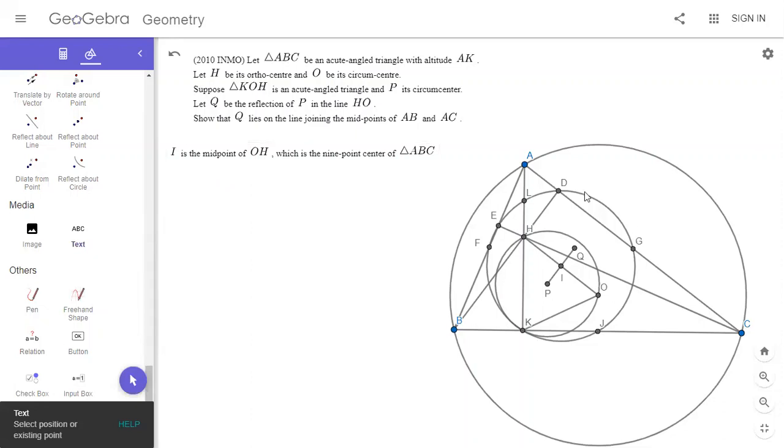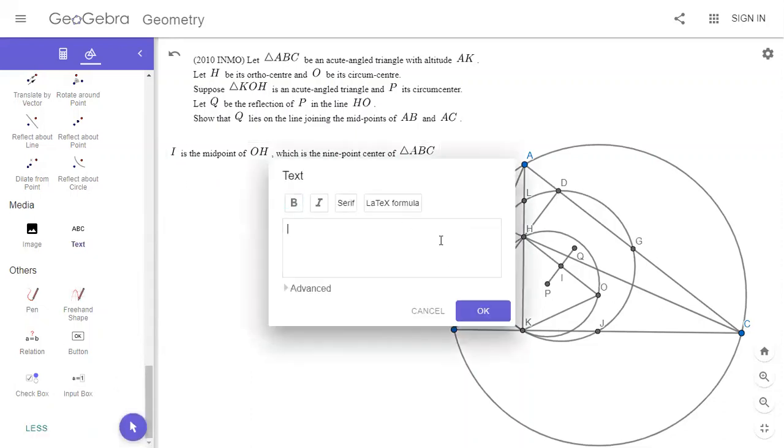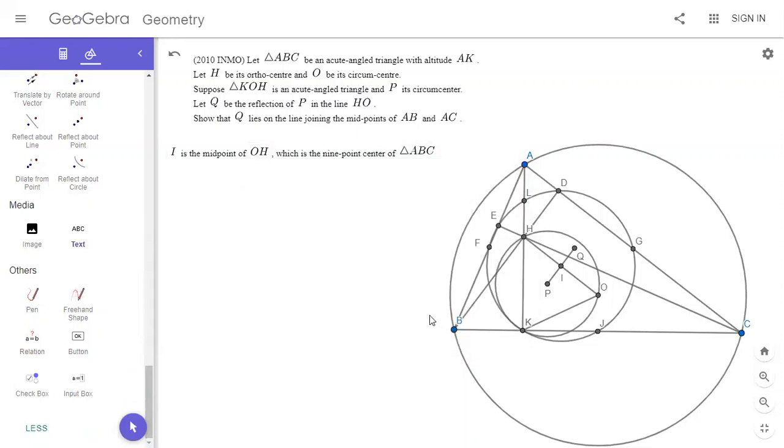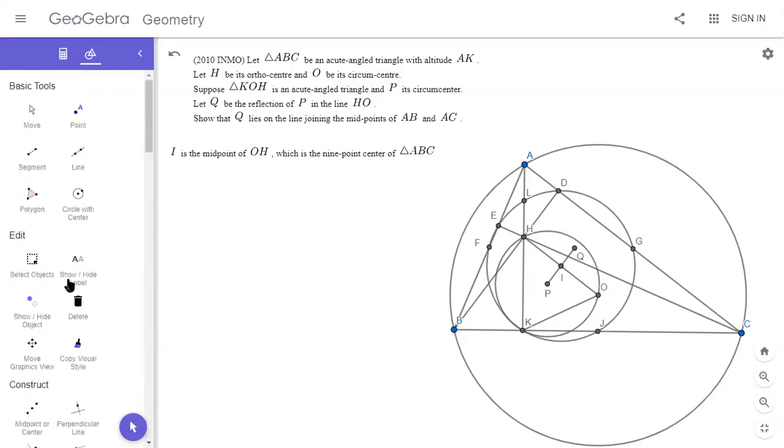So the 9-point circle passes through all these different points. Isn't the perpendicular from I to BC half of AK? If we could show that, the perpendicular from I to BC, it's half of LK, right? Because, so I'm going to write this out, but the perpendicular from I to BC is half of LK. And the perpendicular from P to BC is half of HK. Yeah. Okay, so